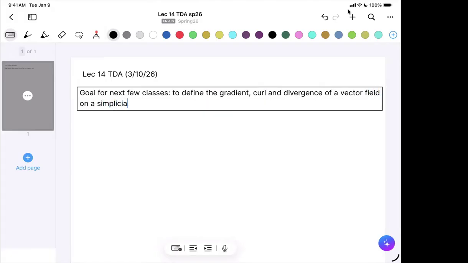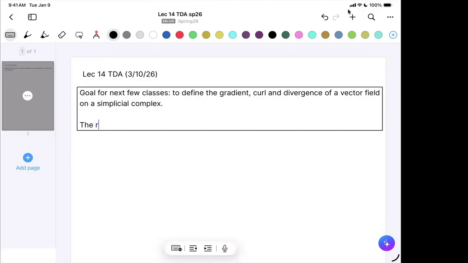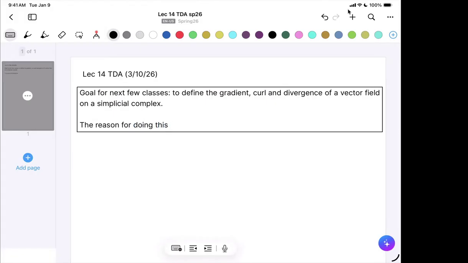Now, the reason for that, just to give you a heads up or a preview of what I want to do, is to use this to rank preferences. So the reason for doing this is to address